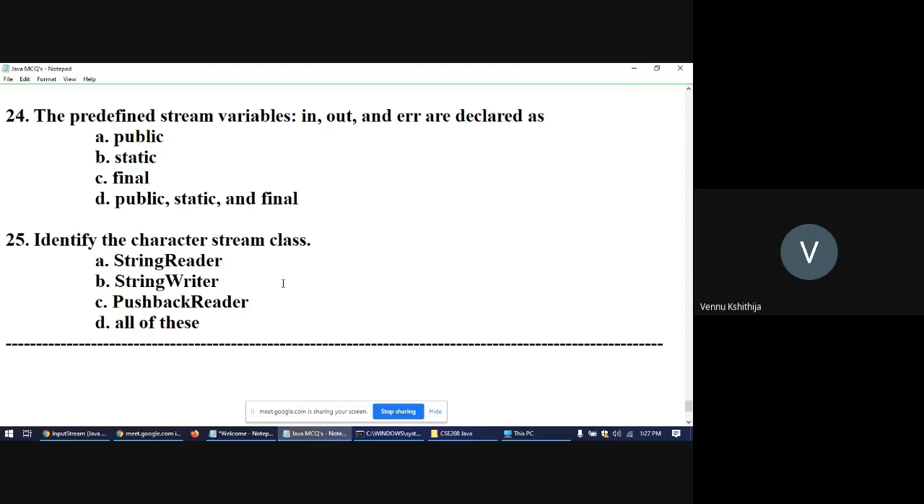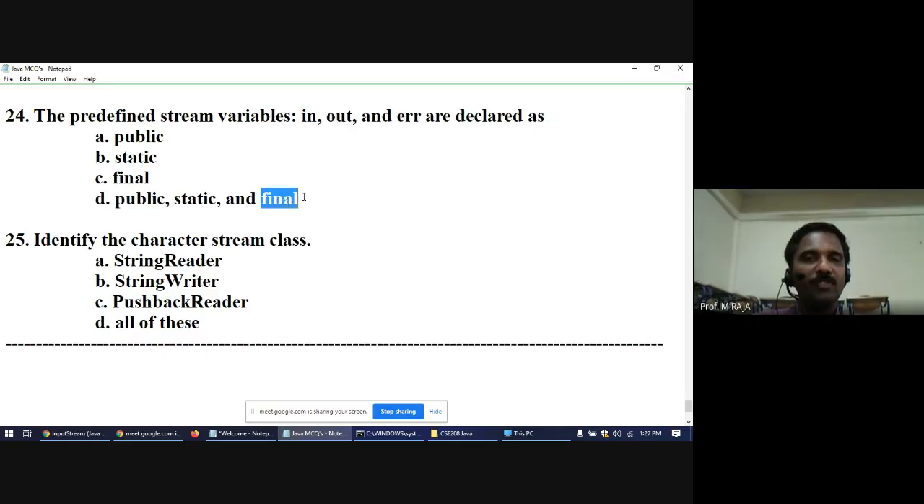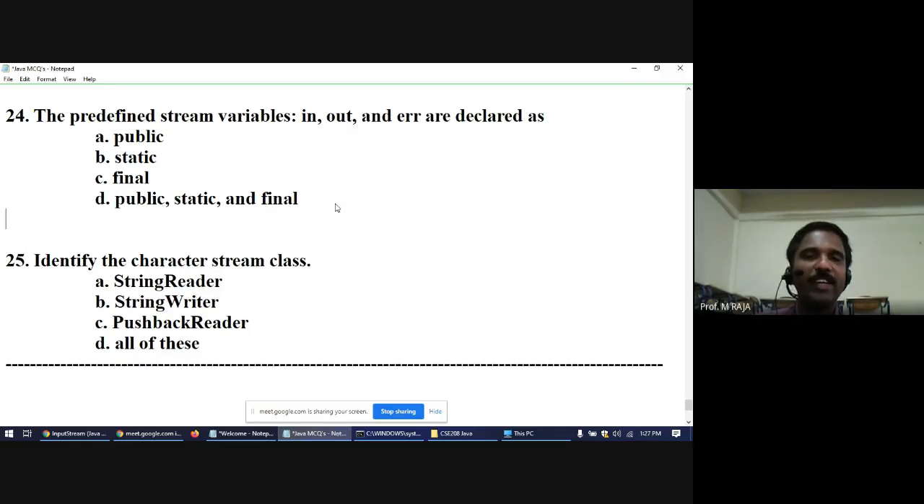Question 24. Option D, sir. Yeah, public, static, and final. Once a variable is defined as final, its value cannot be changed. For example, final int strength = 119;